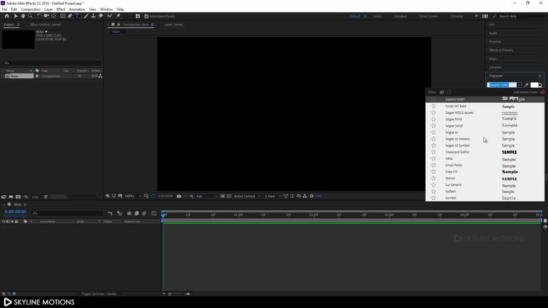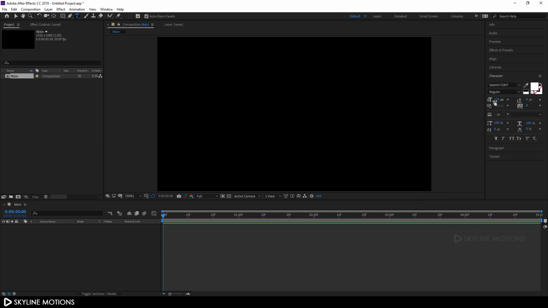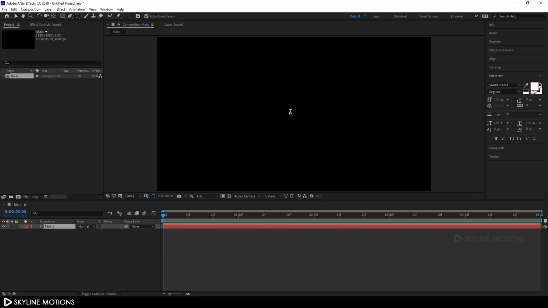So I have a font style Batman Forever. So this is our Batman Forever font style, which is pretty much similar to that Saaho font style. So I will also provide a link in the description for this font style. And now select this Saaho font and set the size 175 pixel and let's type here. So click on this and I'm going to type Saaho